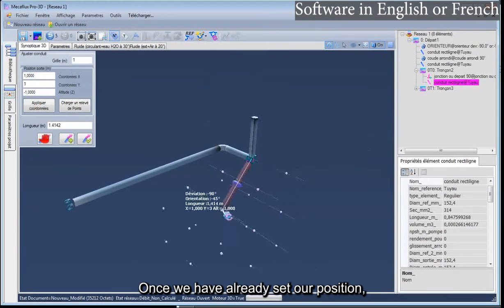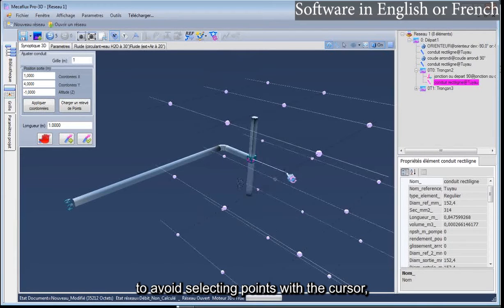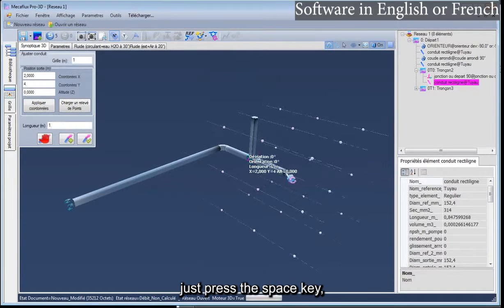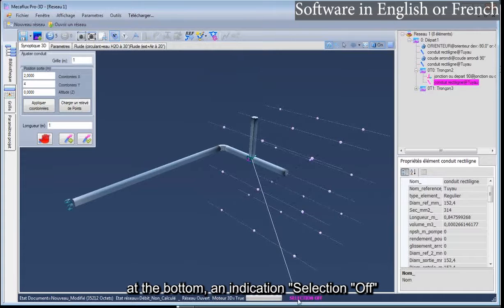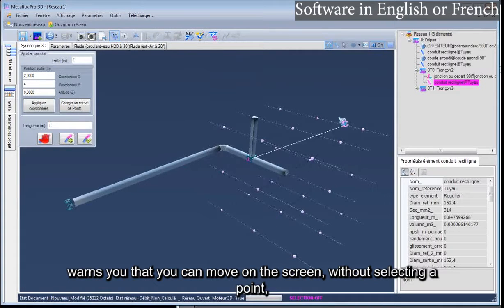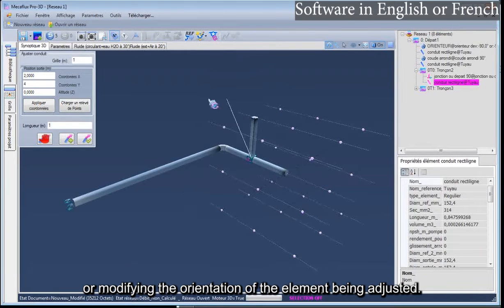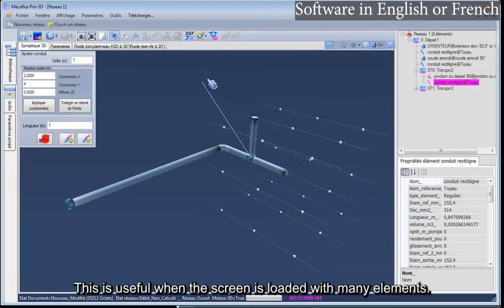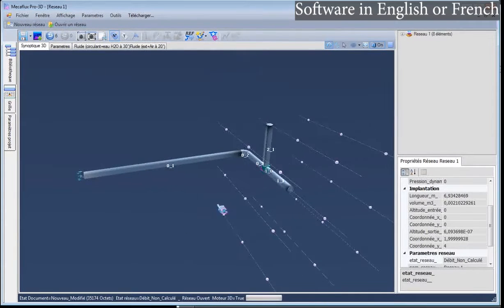Once we have already set our position, to avoid selecting points with the cursor, just press the space key. At the bottom, an indication selection off warns you that you can move on the screen without selecting a point or modifying the orientation of the element being adjusted. This is useful when the screen is loaded with many elements. And we click on OK.